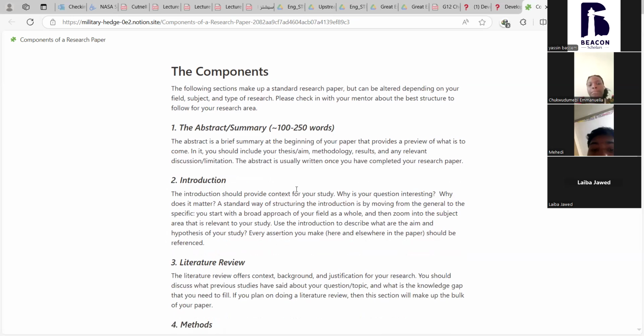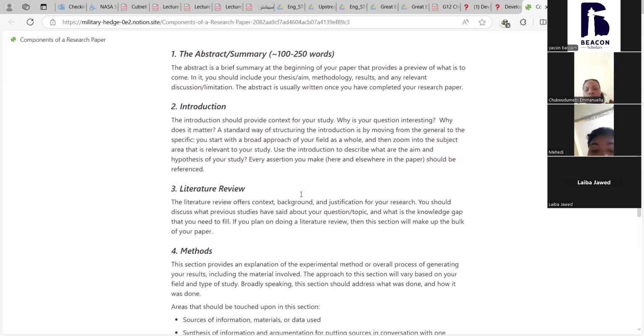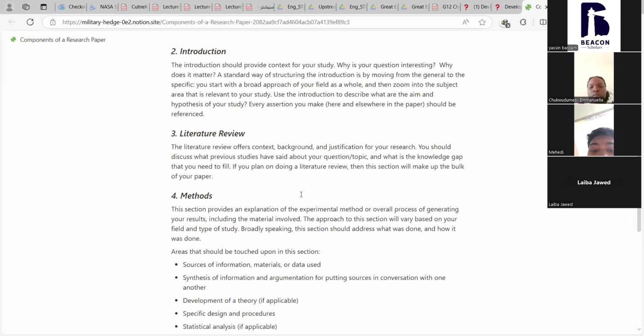Okay. So the second part of the research paper is the literature review. The literature review offers context, background, and justification for your research. You should discuss what previous studies have said about your topic and what knowledge gap you need to fill. So whenever you make a research paper, you should first start by searching for the gaps in the field you are researching. If you find one, it would be very good to write about it. And if you want to make an experiment or prototype, it will be very good. So in a literature review,